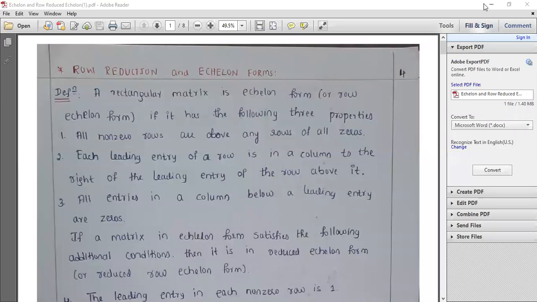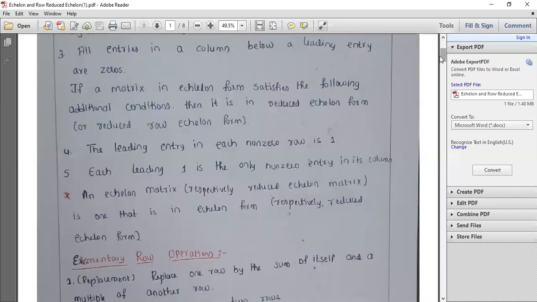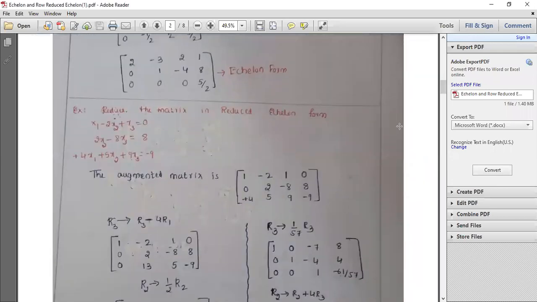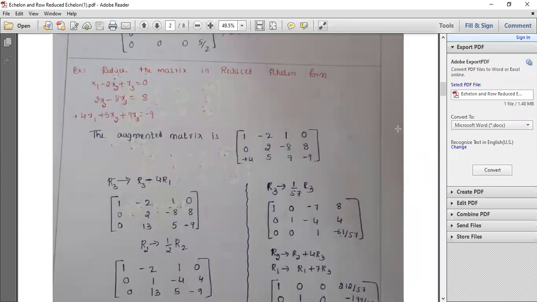Well, in the last class, we were discussing the echelon form and reduced echelon form. I told you what conditions have to be satisfied for the echelon form and what the conditions are for the reduced echelon form. We also saw examples for the echelon form. Today we'll take up some more examples on this and then go ahead with the next subtopic.